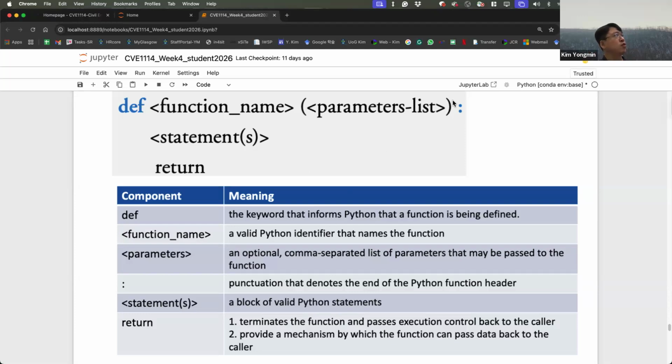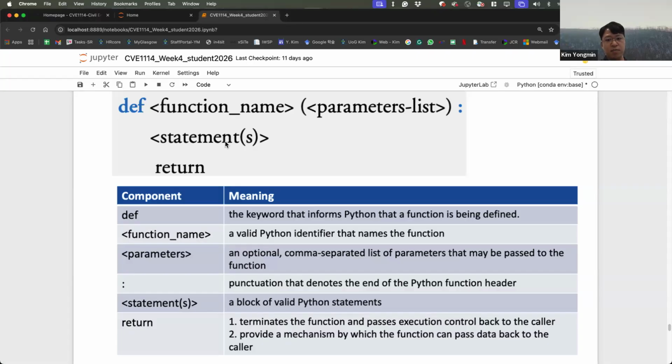Then conclude your headline with a colon. And then indent it, and you can write down your statements.